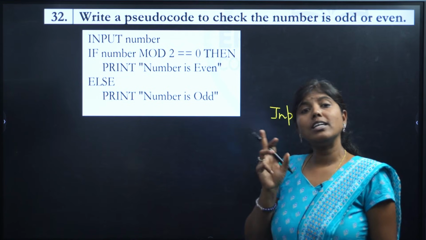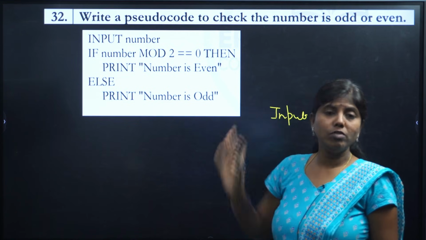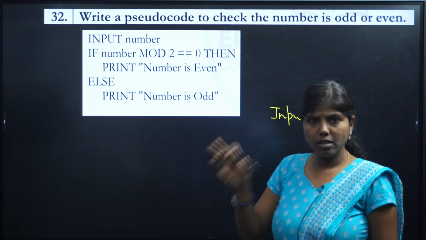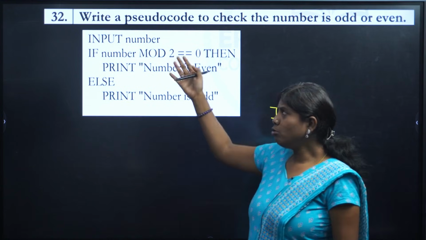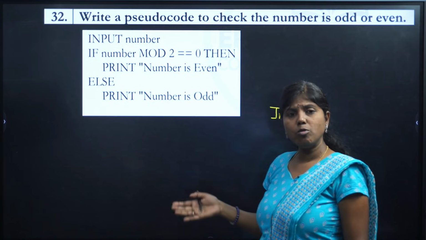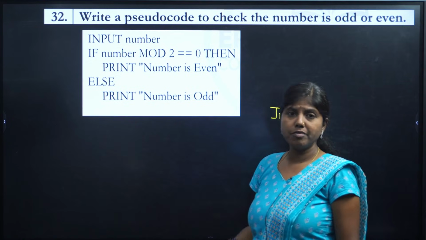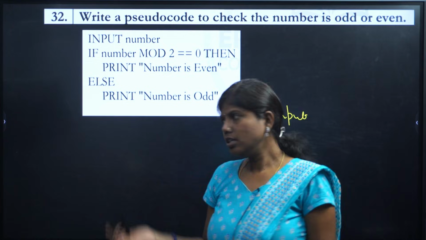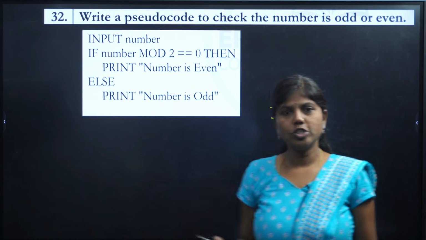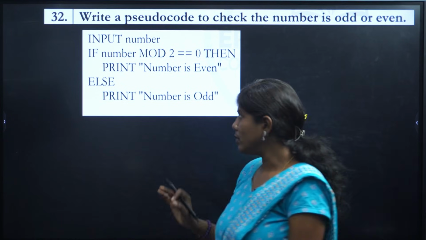But don't get confused: pseudocode with flowchart, algorithm with flowchart. Even though the contents will be almost the same, the representation will be different. You may not get the marks. Of course, that also depends on the teacher. So ensure that flowchart means flowchart, and pseudocode means pseudocode only, whichever you need to give.